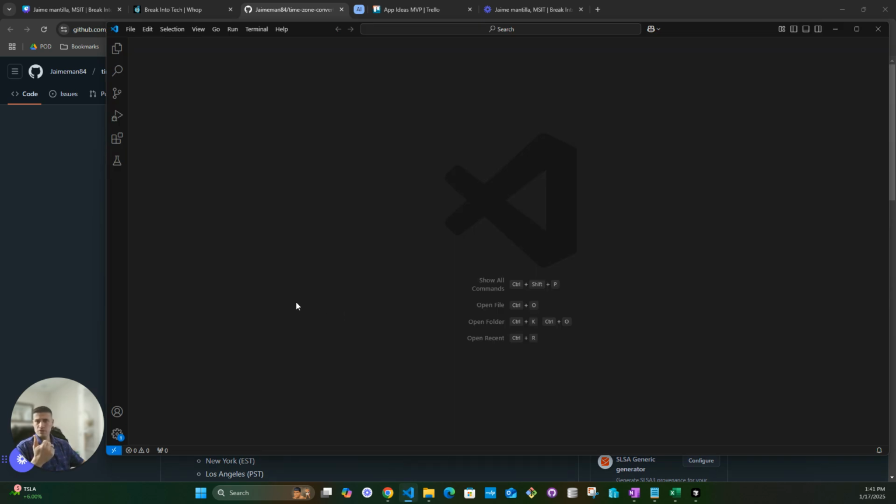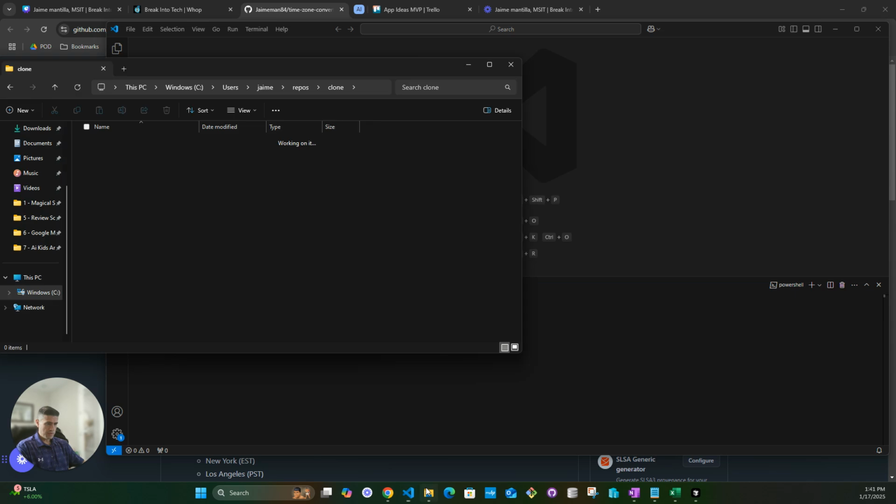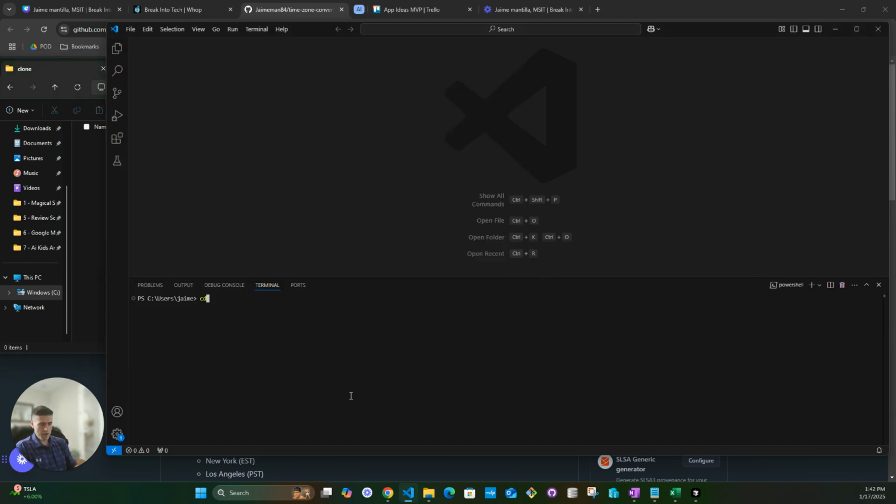It can be done two ways. You can use Git Bash, or use the Visual Studio terminal. So in this case, I'm just going to do Control-Shift and the tilde, which is something I explained before. I'm going to navigate to the folder where I want to duplicate that repo. So in this case, I'm going to go to repos.clone, because in repos I already have it. So I created this clone repo for illustration purposes, for demo purposes. So as you can see, it's empty. I'm just going to go ahead and go into repos and then clone, which is where I'm going to clone